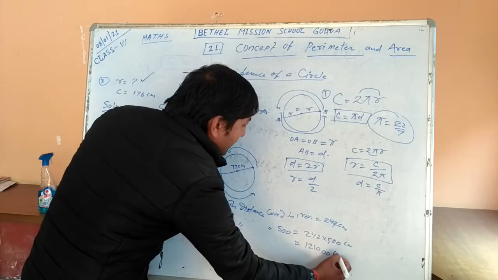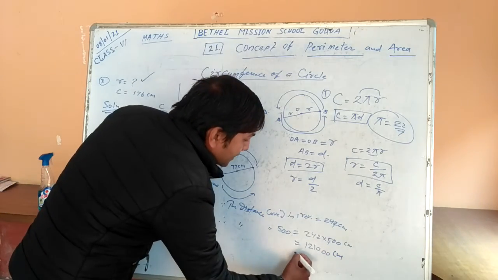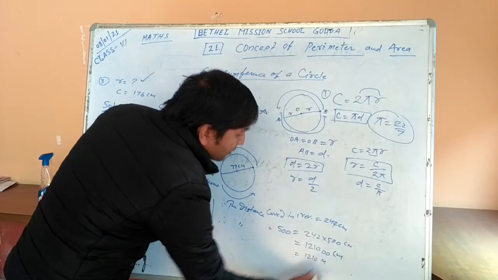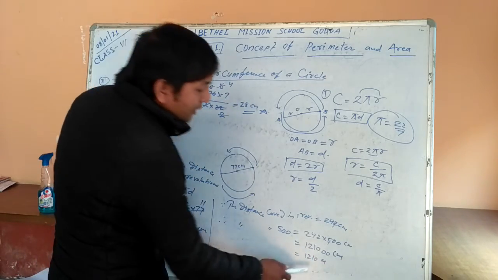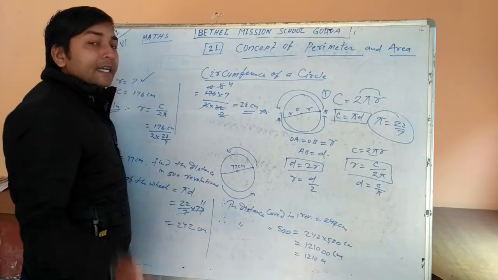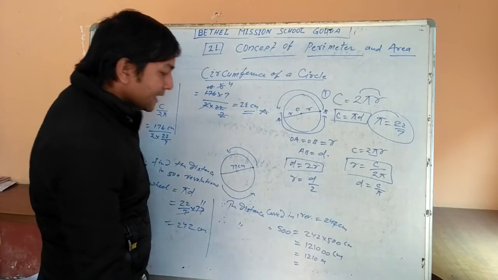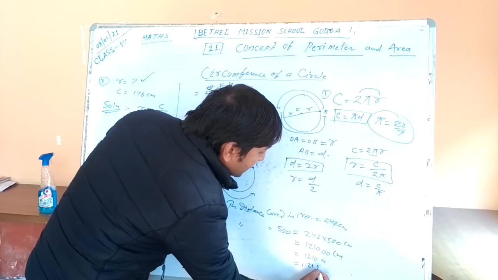This is in centimeter. Okay, in meter it will be 1210 meter. Okay, for the decimal, when you divide by 100, you will get this one, meter. And in kilometer, divide by 1000, you will put a decimal here, 1.21 kilometer.